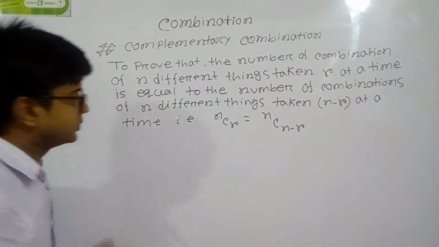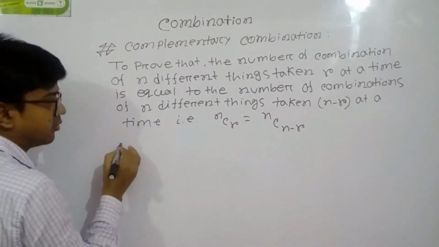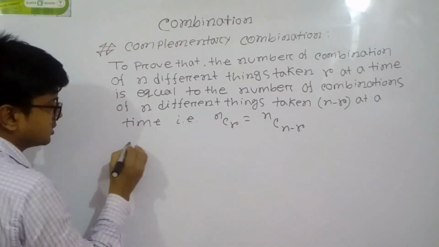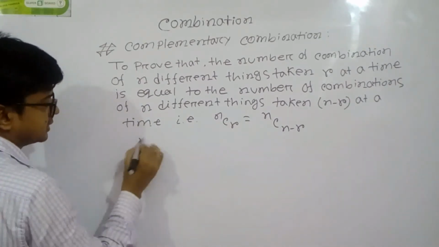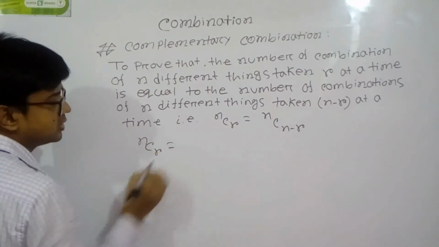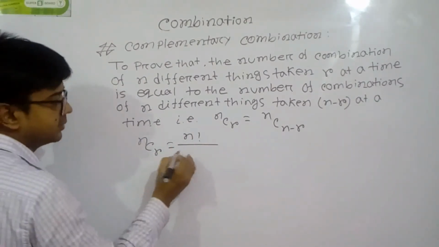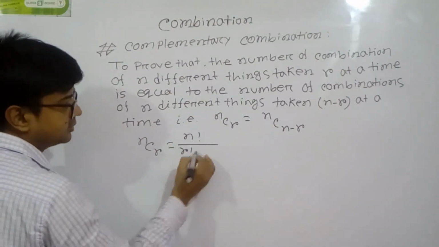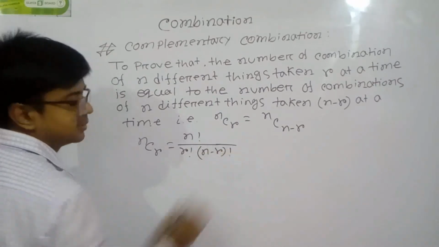Now we can prove. Here we all know that the formula of combination nCr equals factorial n by factorial r factorial n minus r,